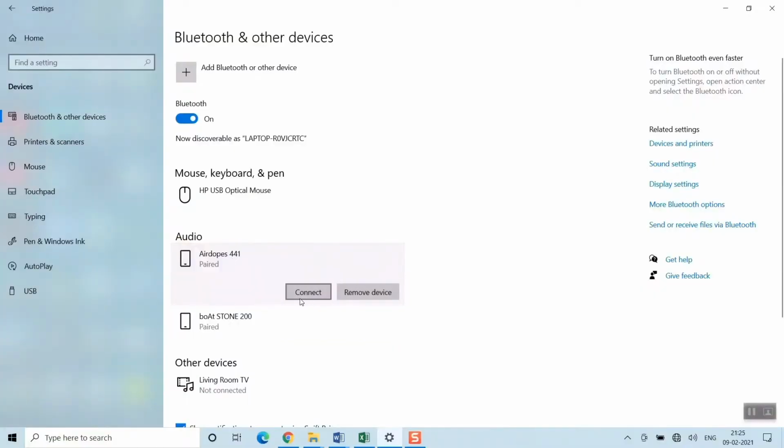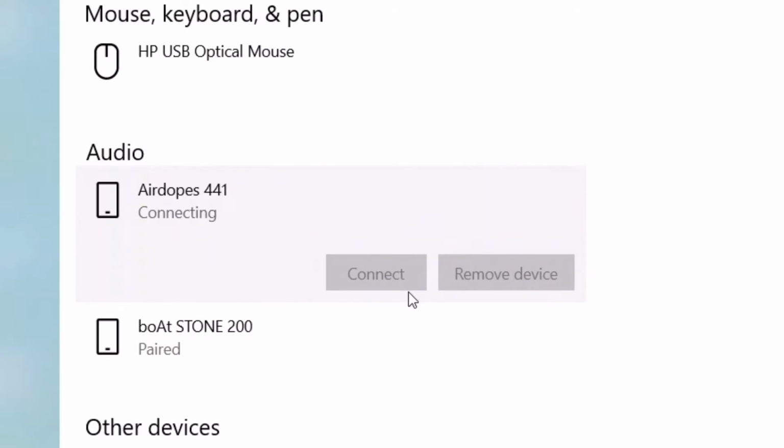And the last thing that I face personally is, for example, this is my Bluetooth earbud. Just check that it is not already connected with other devices. So as you can see, my Bluetooth is on. This is absolutely switched on, but still I'm not able to connect to this device. I'll show you here. So I go here and try to connect it, but as you can see, it is not connecting. So obviously, because of one reason, that is my phone is already connected with this